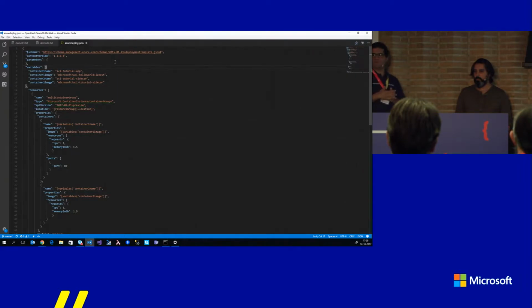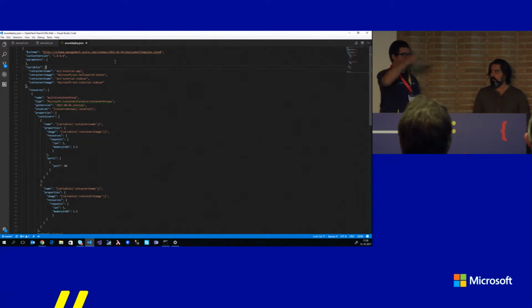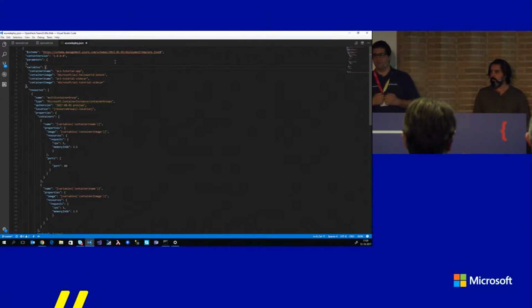And also provision me this other container based on the image called ACI Tutorial Sidecar. This ACI Tutorial Sidecar is basically running a little script that does a curl to the other URL, just to prove that it's alive. So you see interaction between these two containers while they're running.